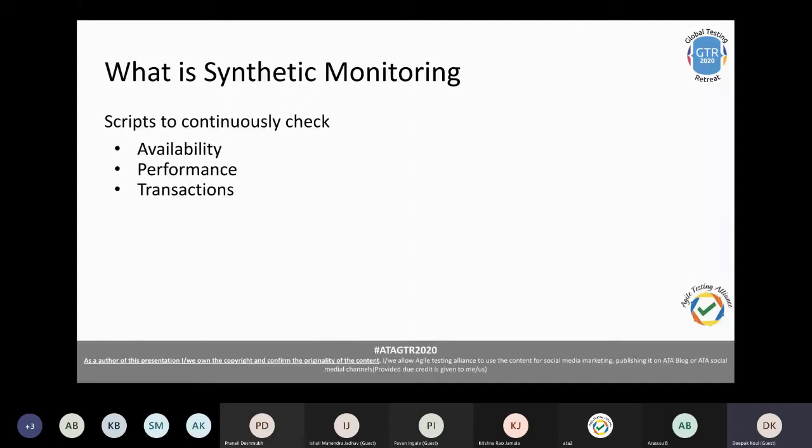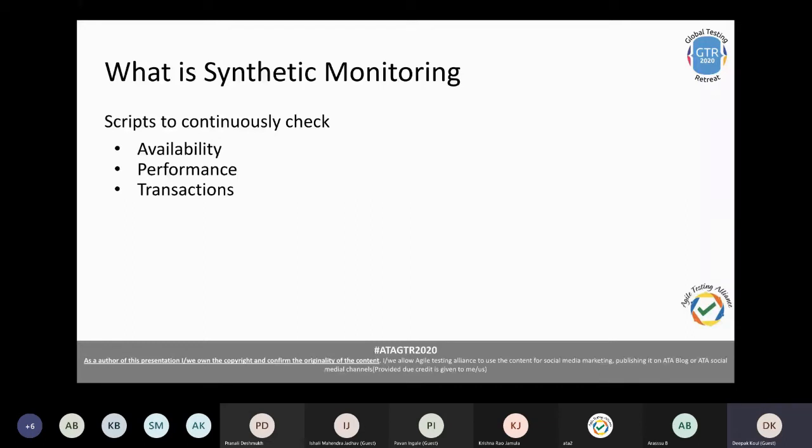Talking about synthetic monitoring, as I said, it is one of the three constituents of testing in production, where we actually test in production continuously. The other two types are called real user monitoring and application performance monitoring, APM.